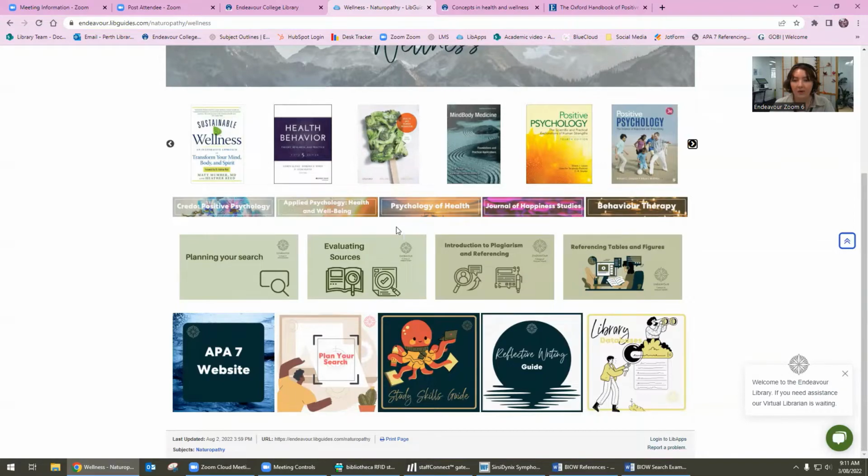So I'm going to be talking a lot, going through a lot of stuff in this presentation. A lot of the stuff we have already covered in videos as well. For example, the search strategy that I'm going to be using, the document and the way that I'm going to be searching it in our databases. We have a video on exactly what I'm going to be talking about here, planning your search,